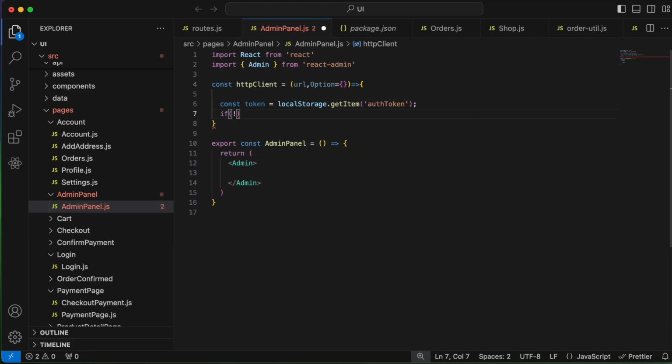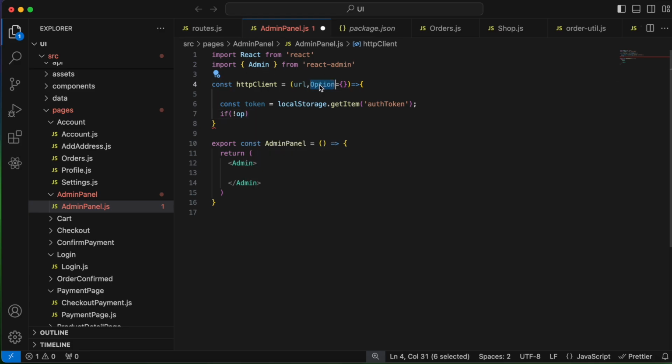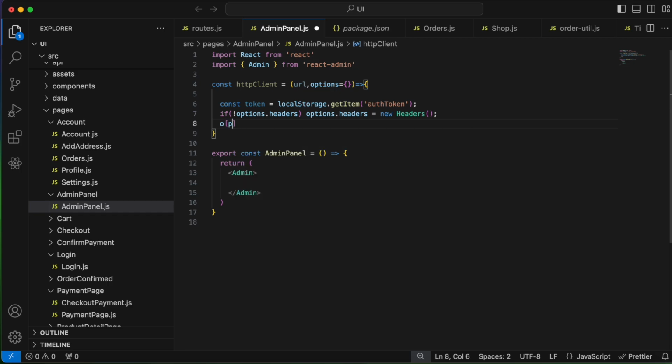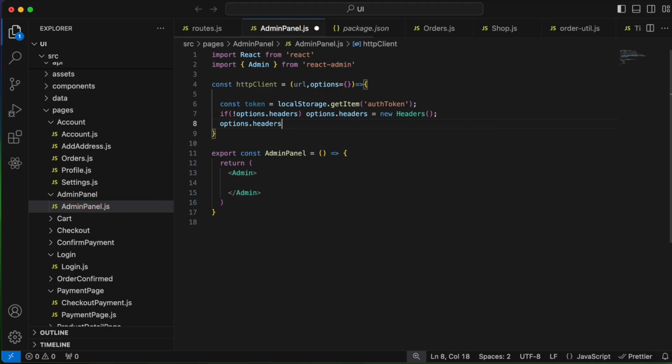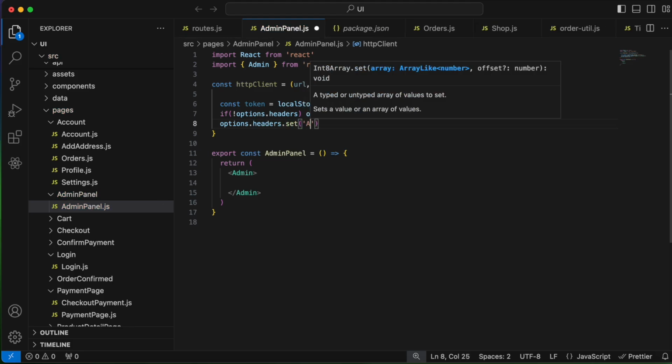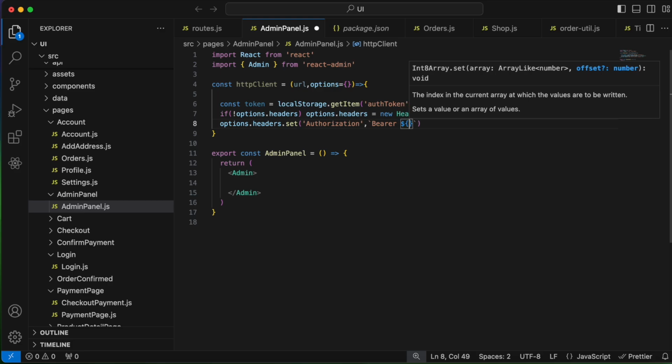If not options.headers, equal to new Headers, and here we set options.headers.set Authorization, Bearer token,